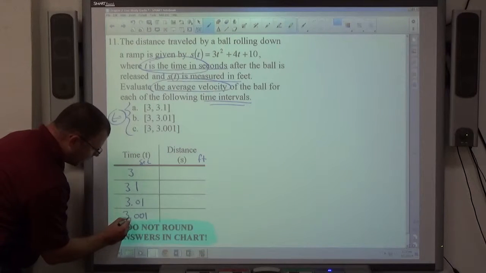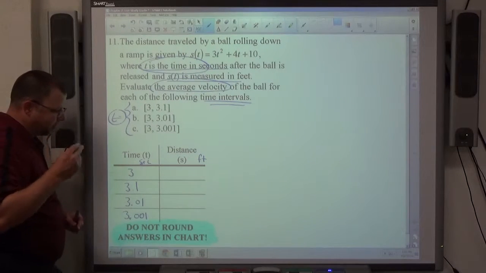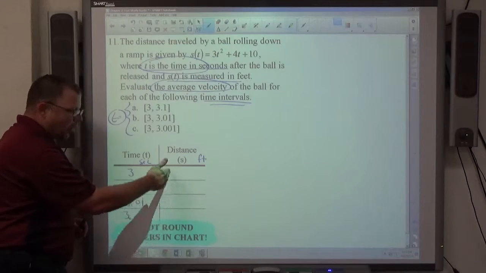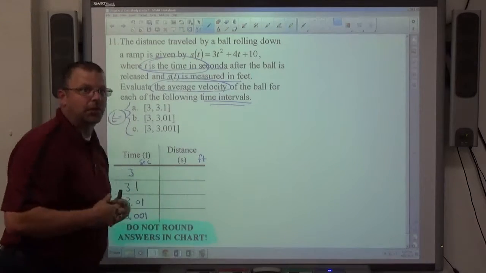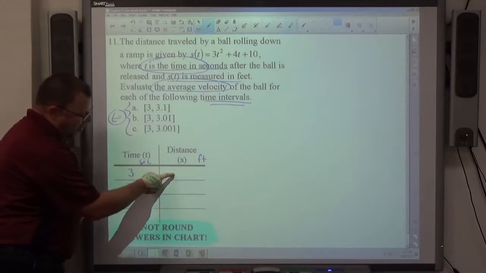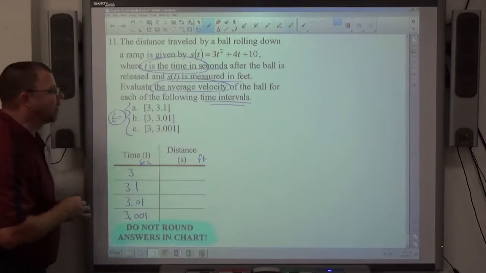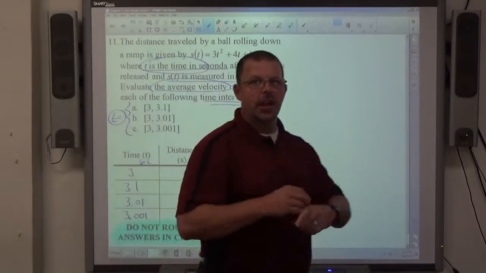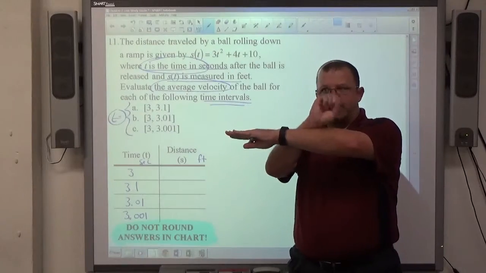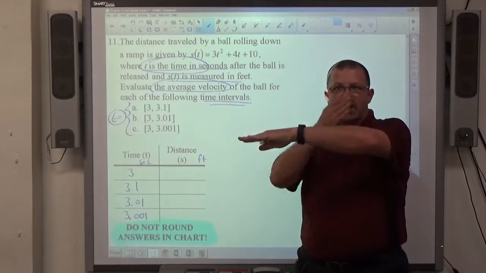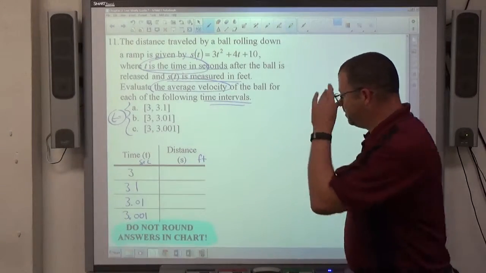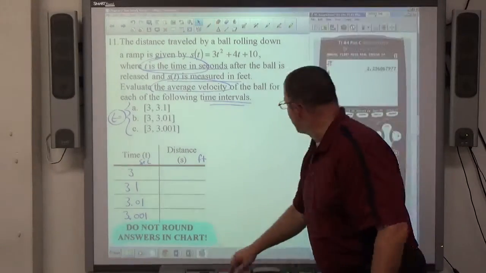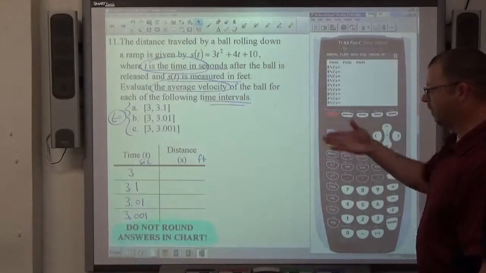Okay, so what they're asking us to find out is, if we know where the ball's at, the distance it's rolled after this much time. They're asking me how far does it roll and how much time does it take. That's what the question is about: average velocity. How far it rolled, change in feet, over how long it took, change in seconds, gets me a velocity in feet per second. To find the actual distances, I'm going to rely on my calculator because I'm evaluating a bunch of